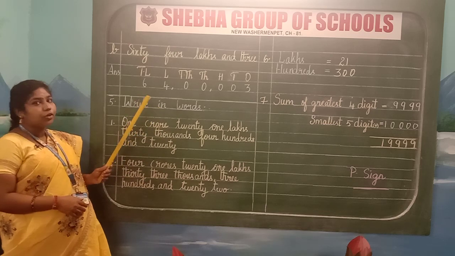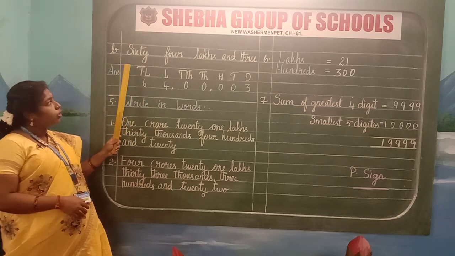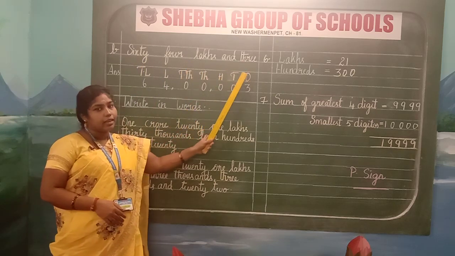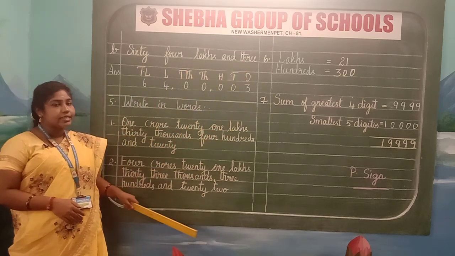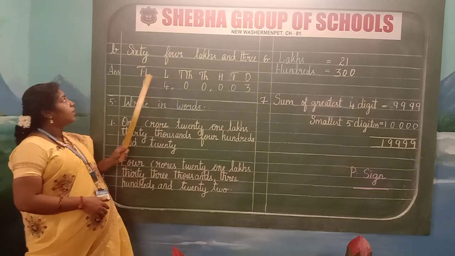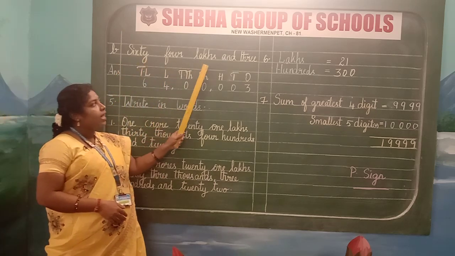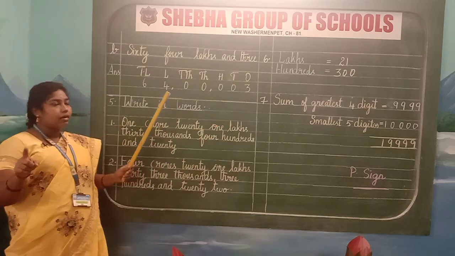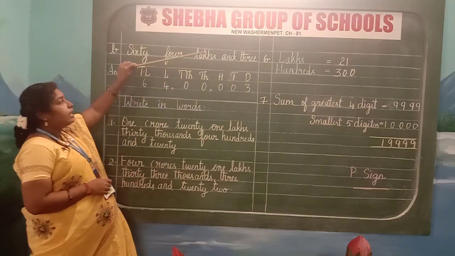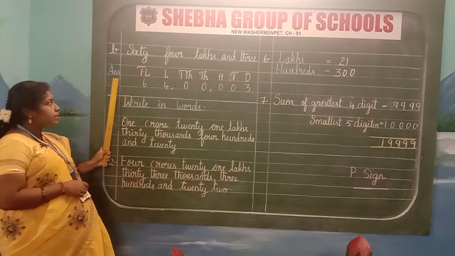Children, now we are going to write the B sum. I am going to read for you 64 lakhs and 3. If you have a space below the A sum, you may continue. Otherwise, take a fresh page and write, children. So 64 lakh and 3. Give a finger gap and write. We are going to write the numbers for these number names. Leave one gap. Write the answer in the margin.